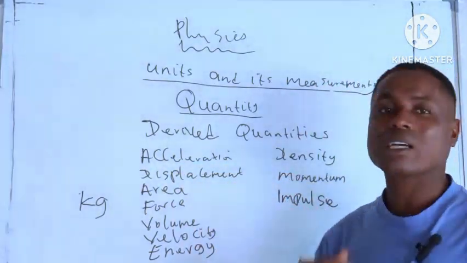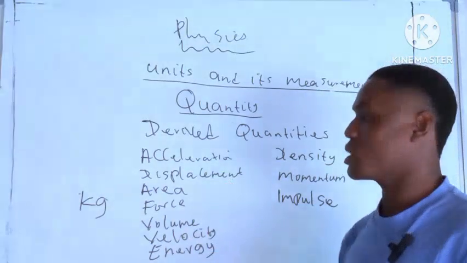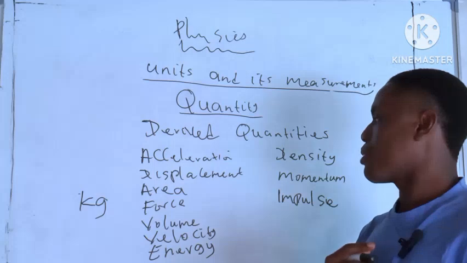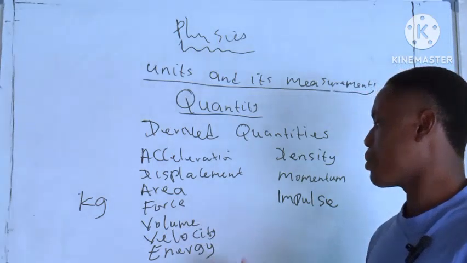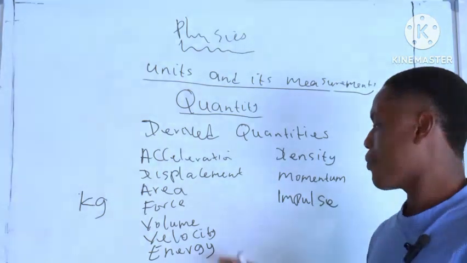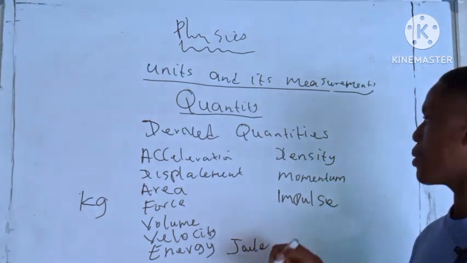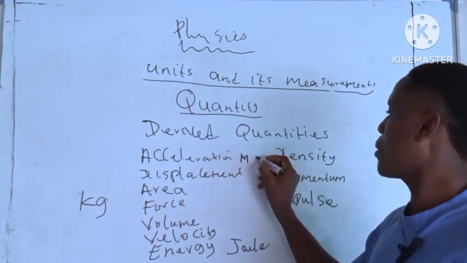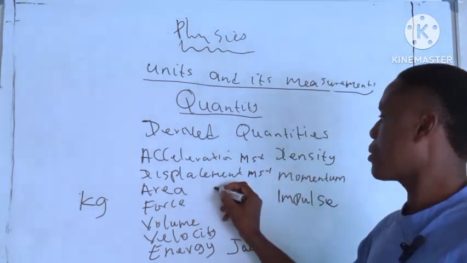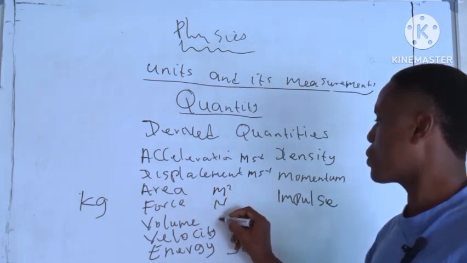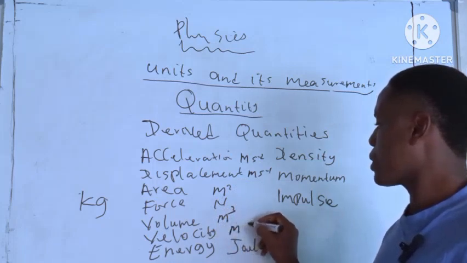Now, what is the unit of acceleration? The unit of acceleration is meter per second square. Displacement, meter. Area, meter square. Force, Newton. Volume, meter cube. Velocity, meter per second. Energy is measured in joules. Okay, let me write them. Meter per second square, meter, meter square, Newton, meter cube, meter per second,